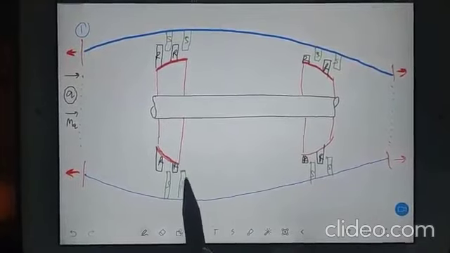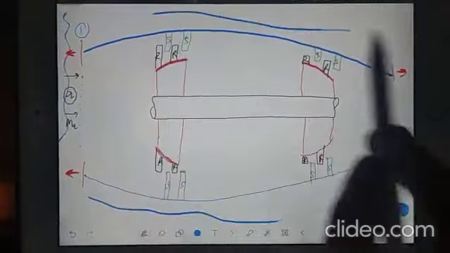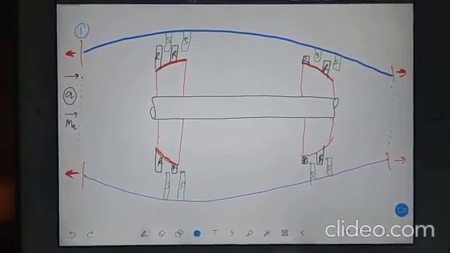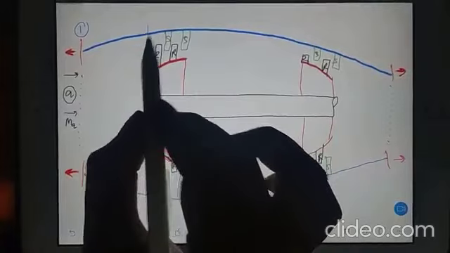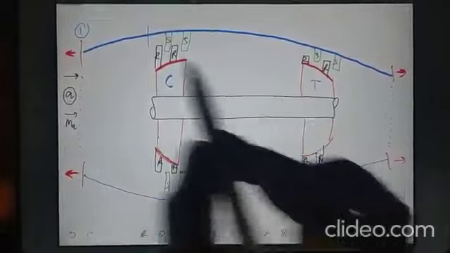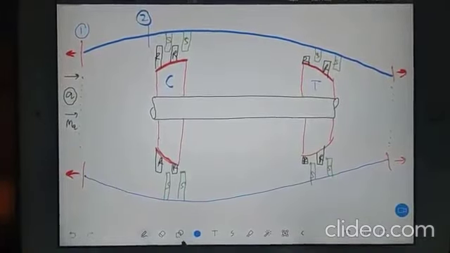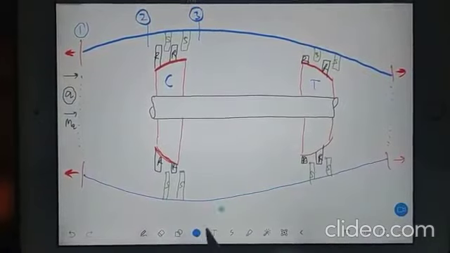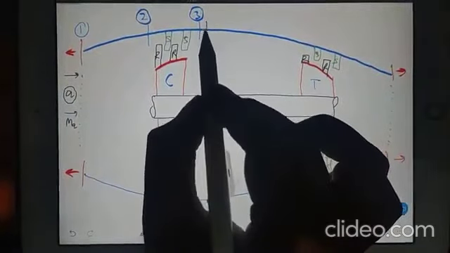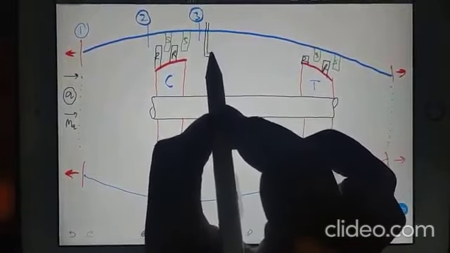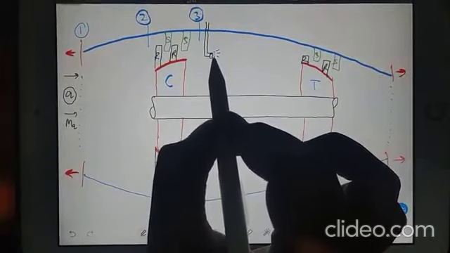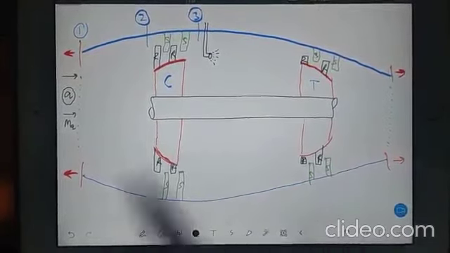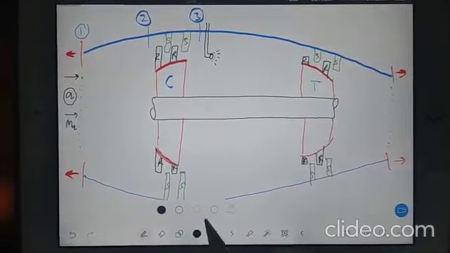And everywhere in the left side of the 1 we have ambient. Exactly at the inlet I am putting 1, and exactly at the inlet of compressor, this guy is compressor, this guy is turbine, I am putting 2, and just after compressor I am putting 3. And actually what happens in 3, we supply fuel, right? So you just draw some kind of fashionable fuel spray pipes. So we'll spray the fuel this side also and the bottom side also, because it is circular, properly designed engine. I am drawing the typical diagram.